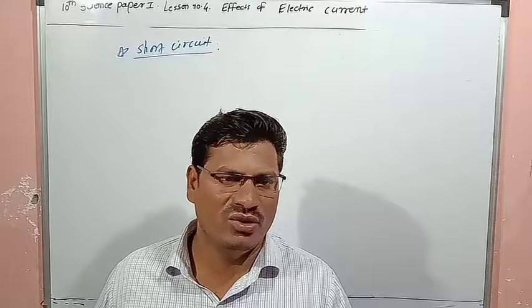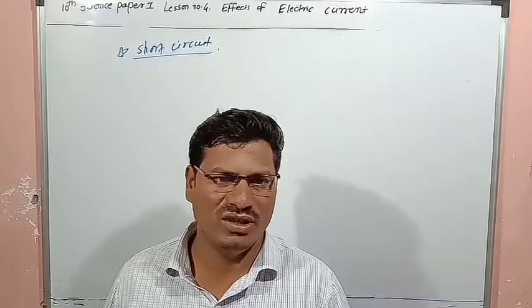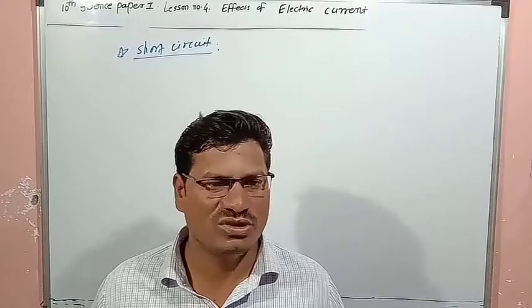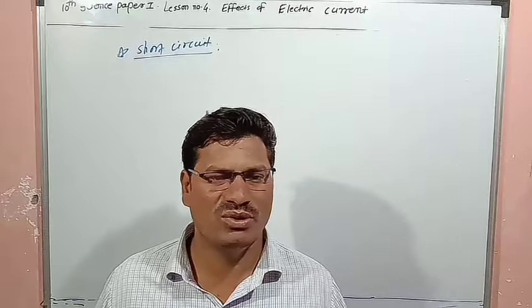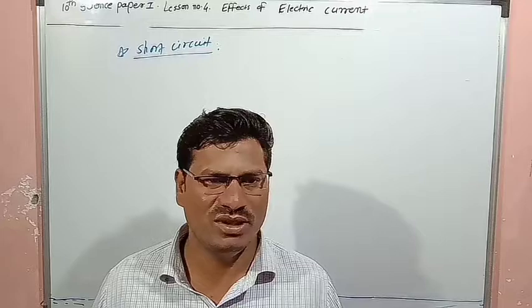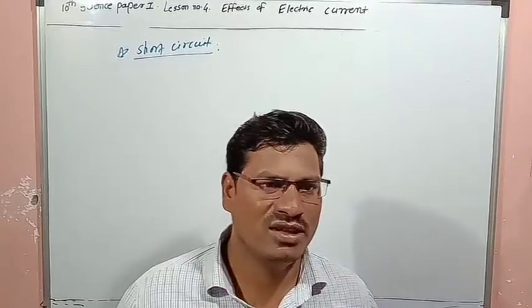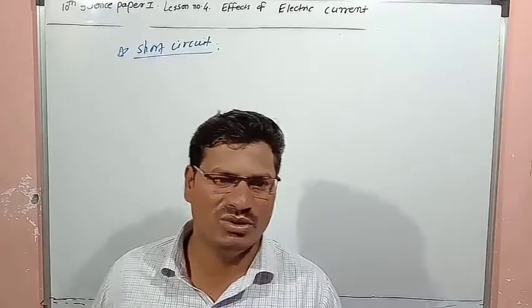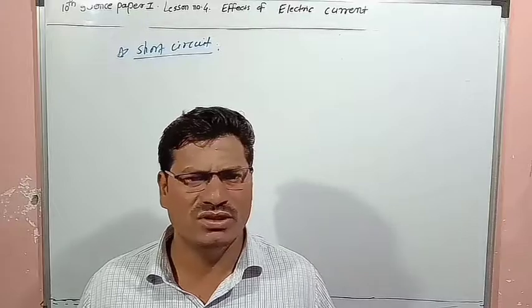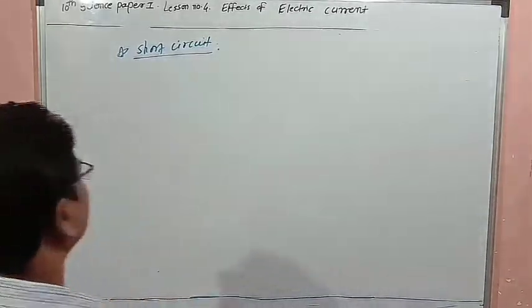When a live wire and a neutral wire come in contact with each other due to some reasons. Suppose the coating around the live and neutral wire is removed, for different reasons, maybe due to friction also it may be removed. So when these come in contact, then a huge amount of electric current passes, and it produces spark, and it produces fire. So short circuit,